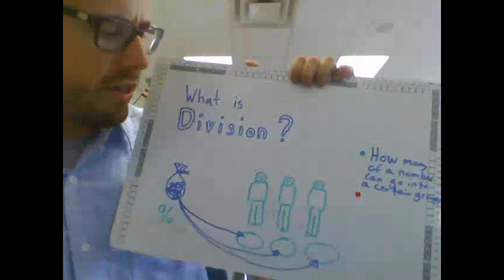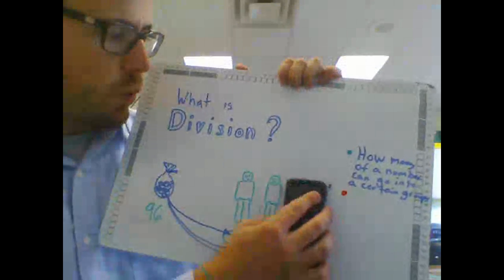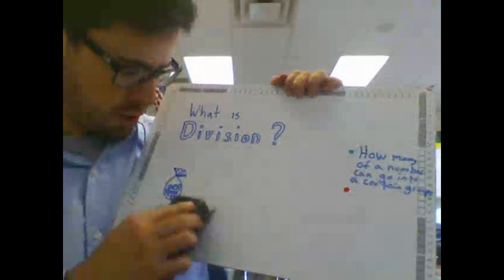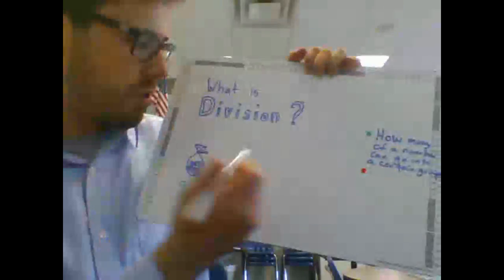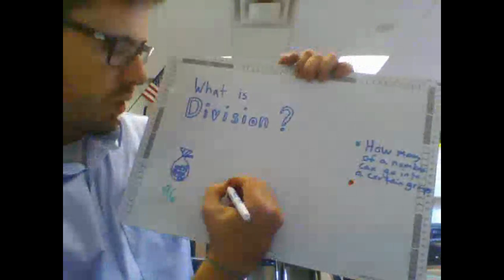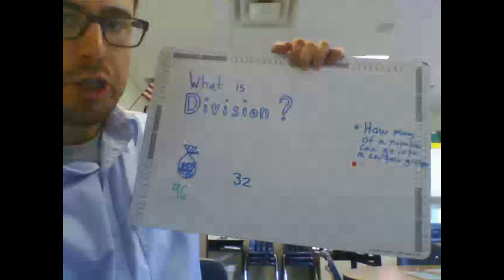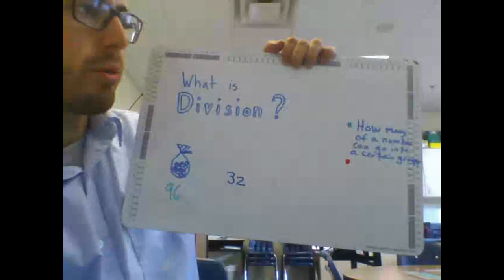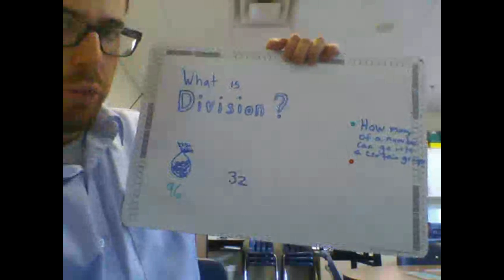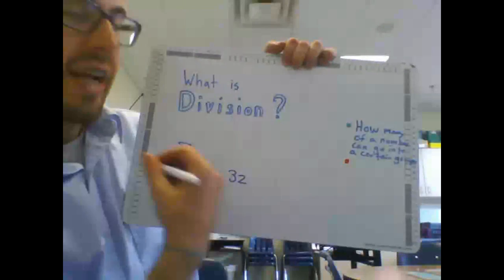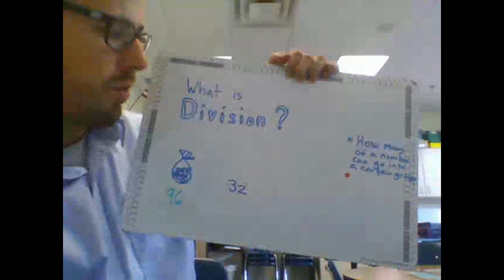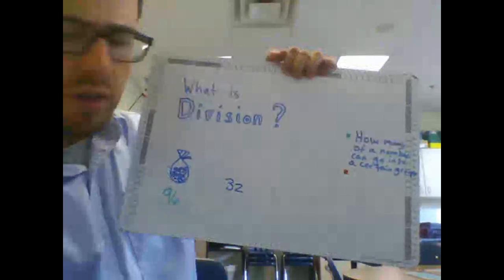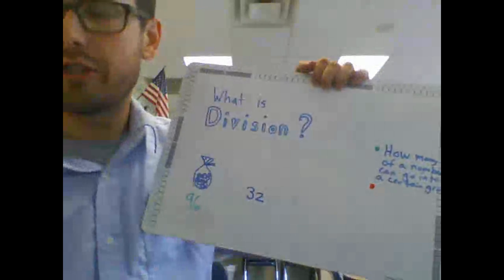Now, another way we can look at division is that we can get rid of our kids, and instead, let's say that the teacher knows that she is going to give 32 marshmallows. She knows that each group is going to be able to have 32 marshmallows. And she wants to ask herself, if I have 96 marshmallows all together, how many people can I give 32 marshmallows to? And this is our other way to imagine division,